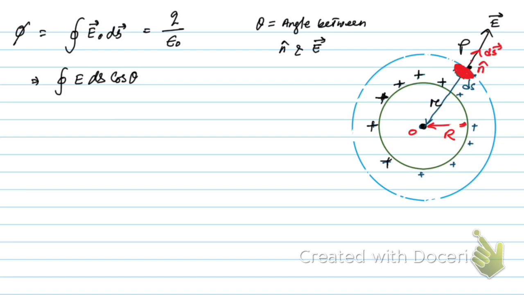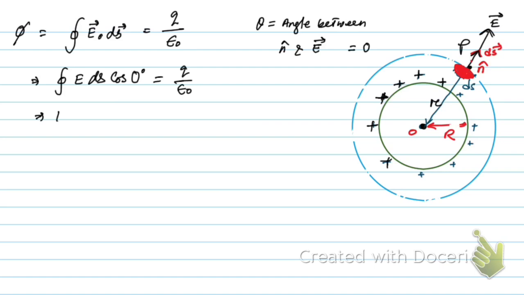So that's why theta is equal to 0 here. Both are directed in the same direction, so here we're going to write cos 0, q by epsilon naught,